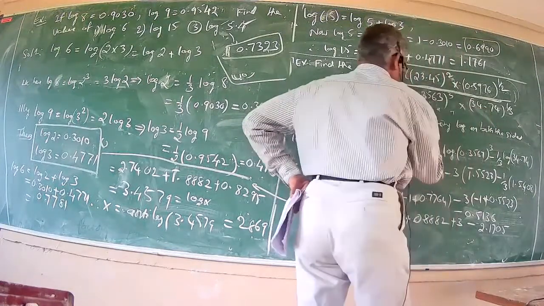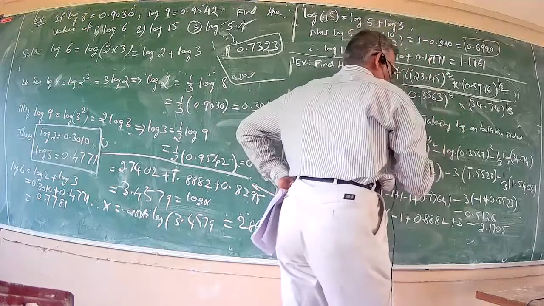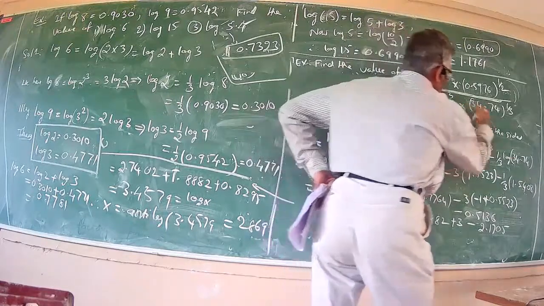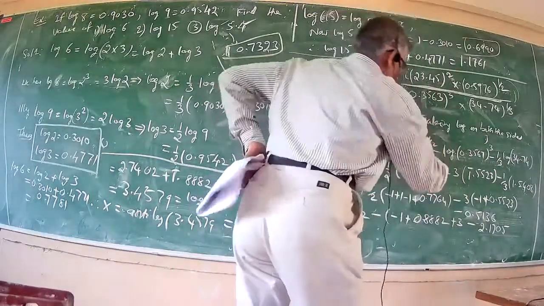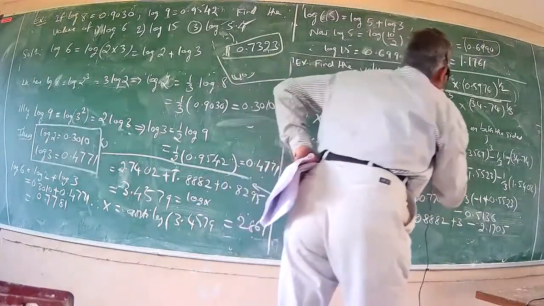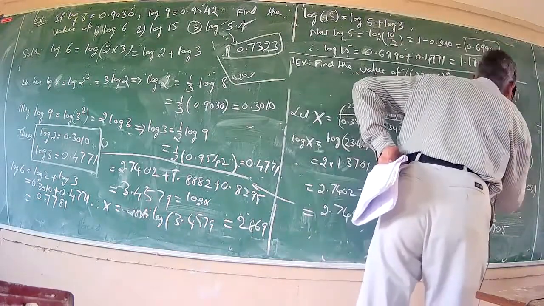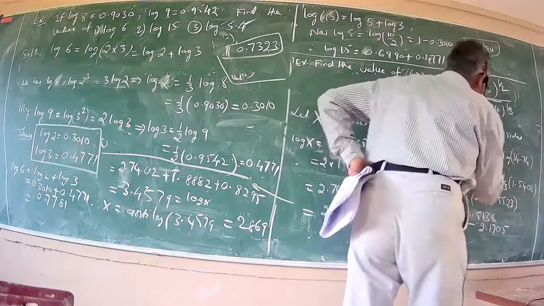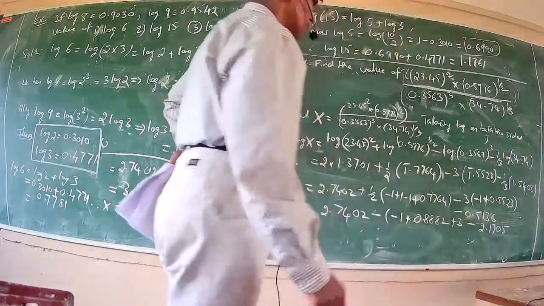Again the outside minus is there, so minus into plus is minus, applying that rule. So this becomes minus, this also minus, reduce like this. So minus log of 0.3563